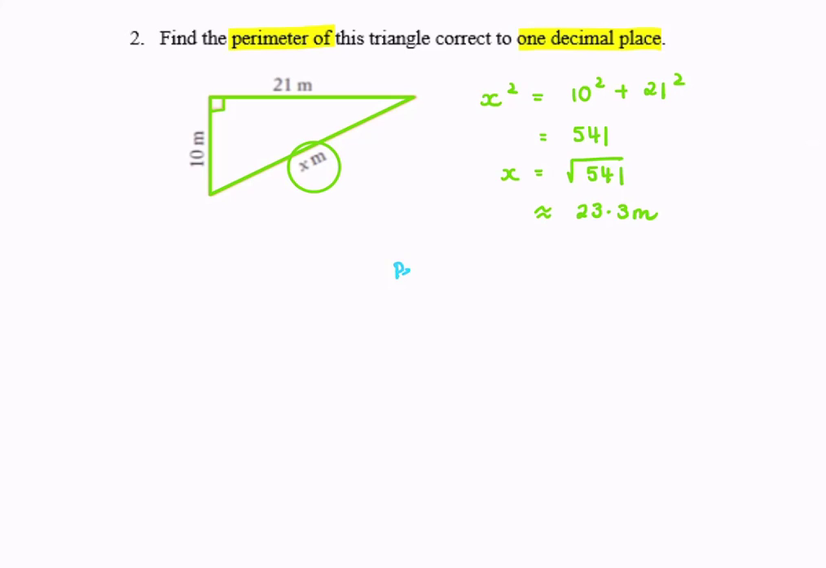So now that's going to help me to find the perimeter. So perimeter is going to be equal to all of the sides added together. So that's 10 and 21 and my 23.3. And if I work that one out, I'm going to get